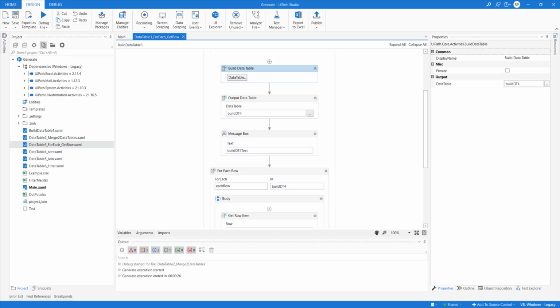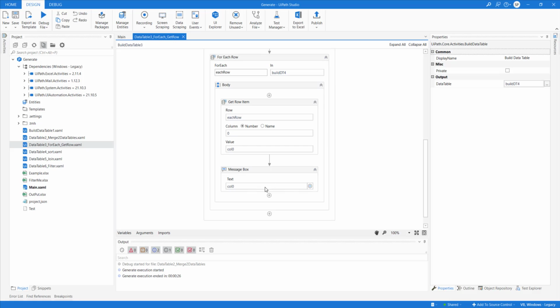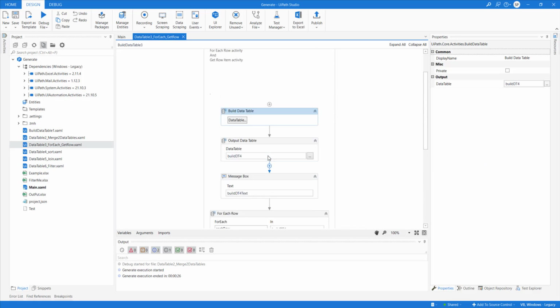Then we'll print the message box and apply a for loop so that we can read the values column by column. If you want to perform some operation, you should be able to do it here. This is also pretty easy.